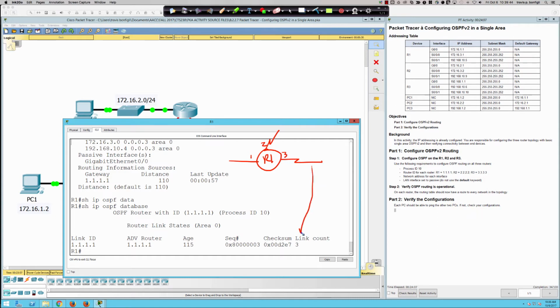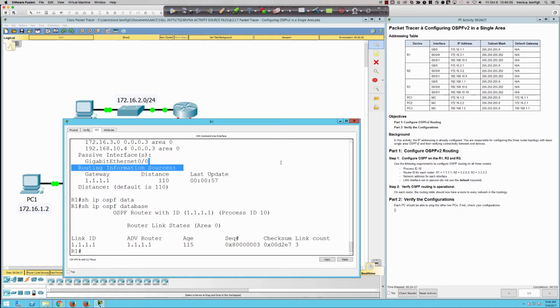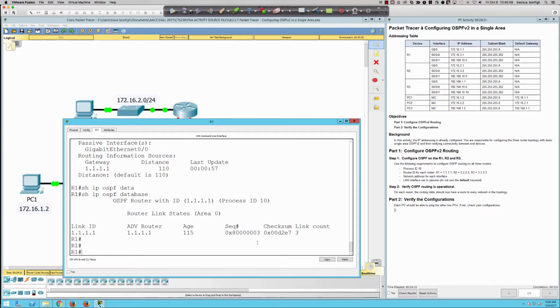That is my link count. The checksum is just to make sure that everything is kosher. My sequence number, updates. Have I changed? How many times have I changed the type 1 LSA? If I were to add a loopback address and put that loopback address in, and let's do that. No points for this, but this is good. We need to be able to understand what is going to make that sequence number change. So remember, I put in